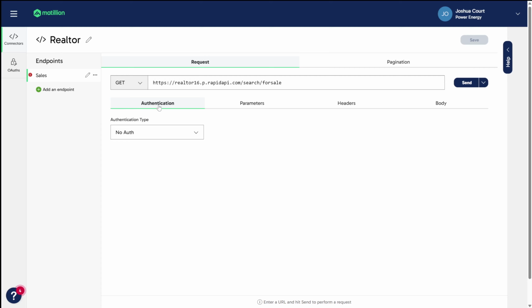Underneath this, we have several headers we can input data for. The first one is the authentication header. Matillion supports various authentication methods, each suited to different API requirements, including basic authentication, bearer token, API keys, and OAuth.